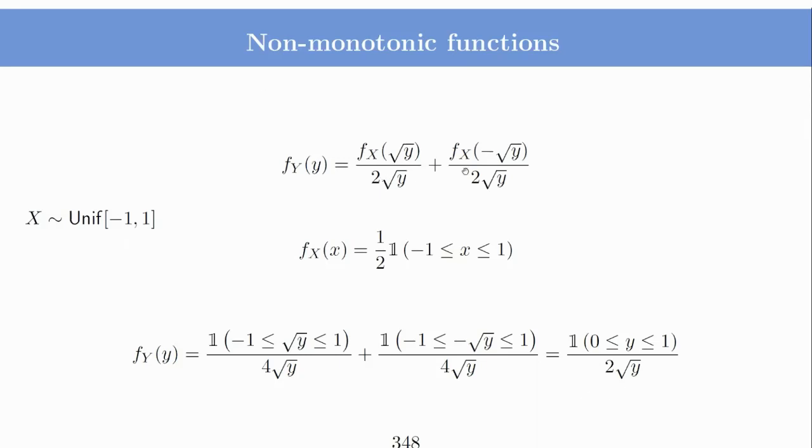Okay, if I take this and put the PDF here, I will get this thing. So this is a general result which will work on any PDF. If you change the PDF, you will just put it there and add it. So you can see if y is between 0 to 1, I will get 1 upon 2 root y. If y is more than 1 or less than 0, I will get 0 density.